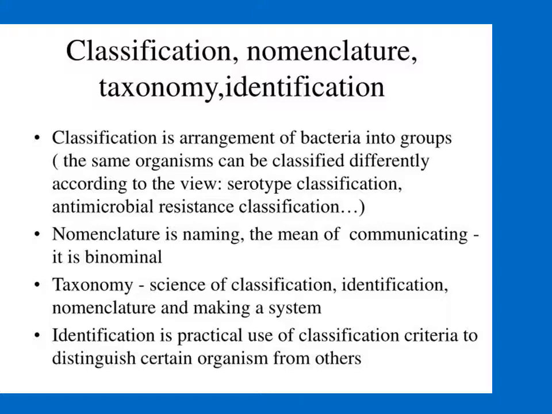There is another term known as nomenclature. Nomenclature means we have to give names to different species of plants and animals so that we can easily identify them or we can easily communicate about them. Taxonomy. What is taxonomy? Taxonomy is the branch of science that deals with classification, identification, and nomenclature of particular species. What is identification? If we want to classify a particular organism, first of all, we have to recognize that particular species. So, identification is a practice by which we can easily recognize a species on the basis of certain characteristics found in them.